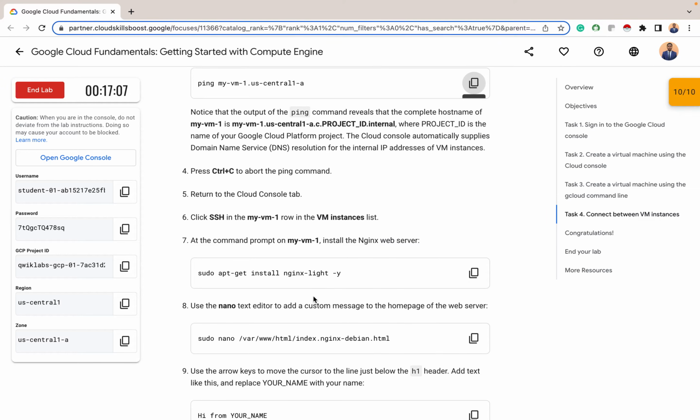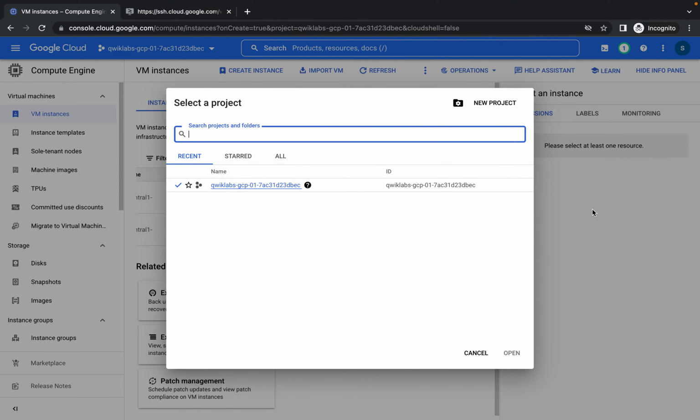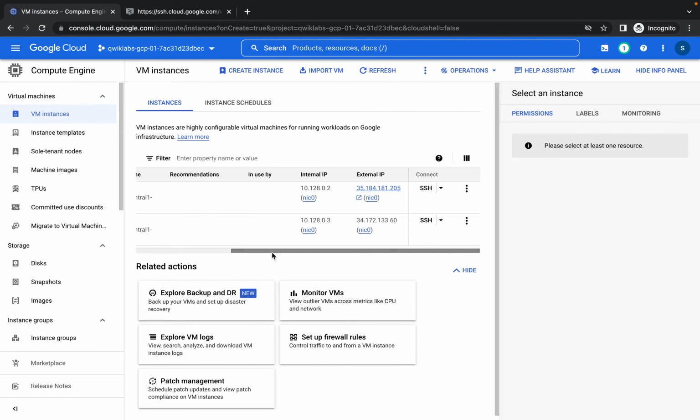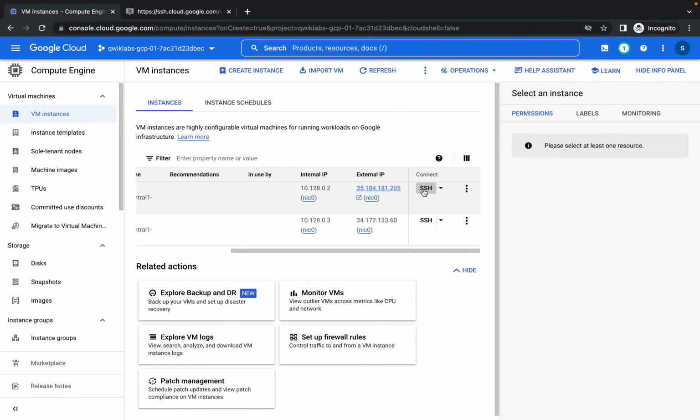After that, let's SSH into our virtual machine 1 and install an Nginx server on our virtual machine 1. So go back to our Compute Engine homepage. This is our virtual machine 1. I'm going to SSH into our virtual machine 1 and install an Nginx server. So if you are wondering what Nginx means, Nginx is spelled